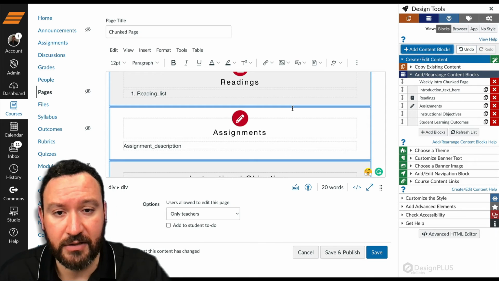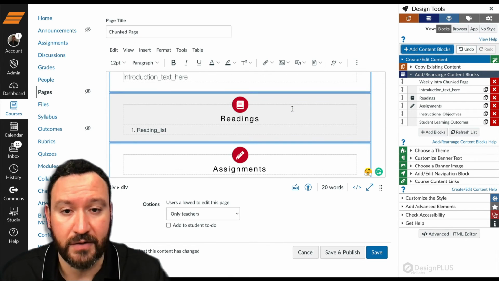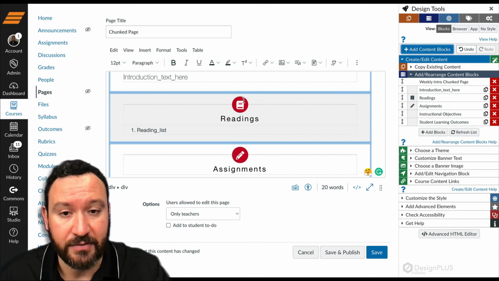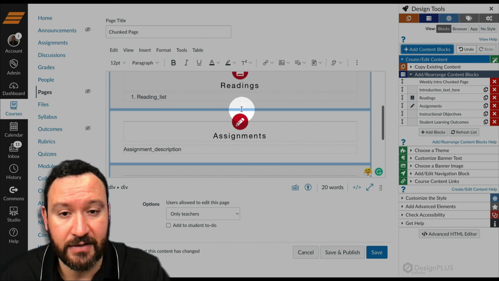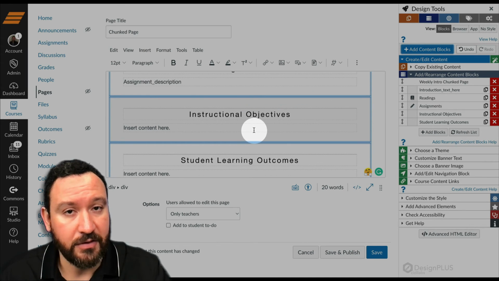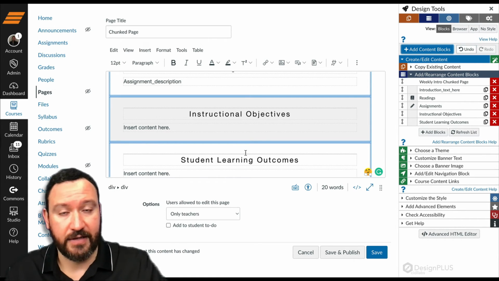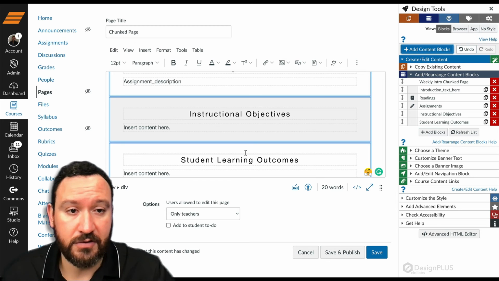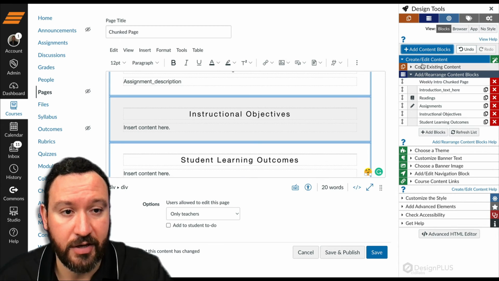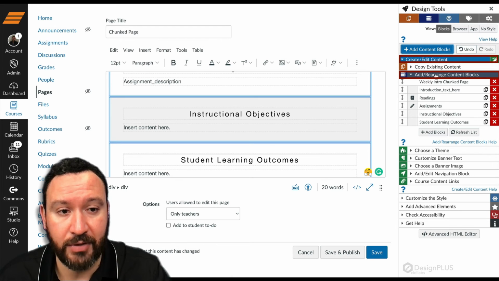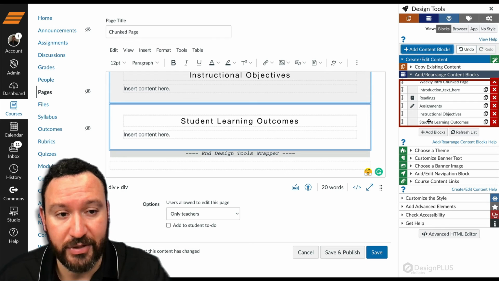Now, one thing you may be noticing is right here with the preset ones, they come in with these icons, right? There's one here that has a book for readings and a pencil for assignments, but the new ones that I customized, my instructional objectives and student learning outcomes, don't have icons. Let me show you how to fix that. If we go back over to Design Tools on the right-hand side and go Create Edit Content, Add Rearrange Content Blocks,